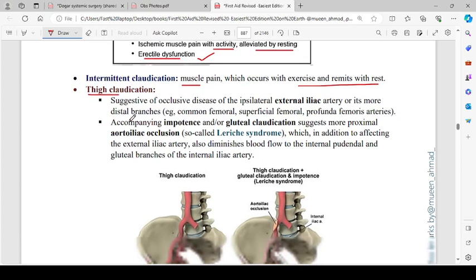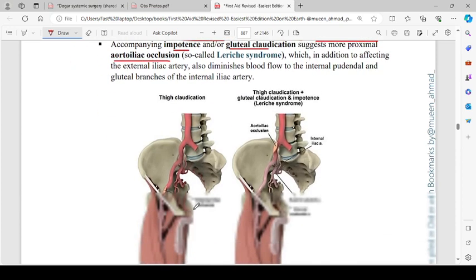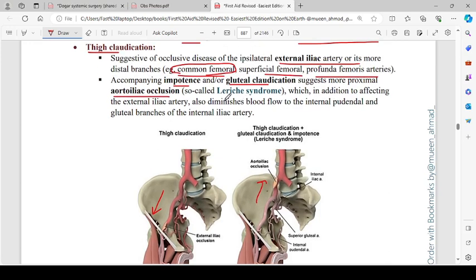Thigh claudication is suggestive of occlusive disease of the ipsilateral external iliac artery or its more distal branches, for example, common femoral. This is the most common occluded branch, by the way: common femoral, superficial femoral, profunda femoris arteries. Accompanying impotence and or gluteal claudication suggests more proximal aortoiliac occlusion. So if the occlusion is in the thigh, it means that the external iliac or the distal branches are occluded. If it is also associated with impotence, it means that more proximal branches are involved, like aortoiliac